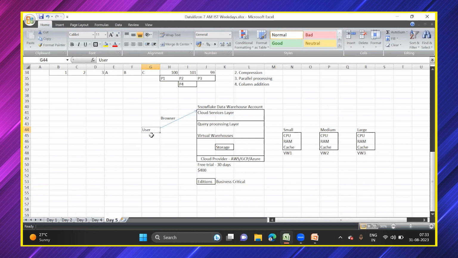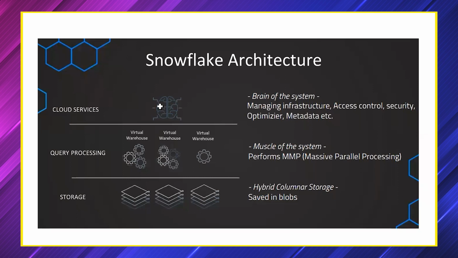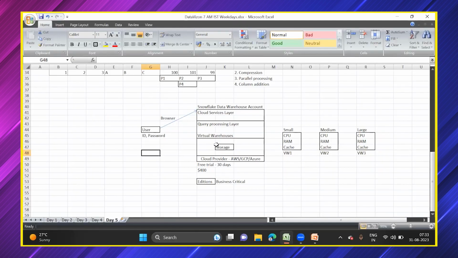Okay. Now, if I'm a user and I have created the Snowflake Data Warehouse account, I will have a specific user ID and password associated with my account. The ID and password will be created whenever I create a new user. Now let us see how the data actually flows from one layer to another